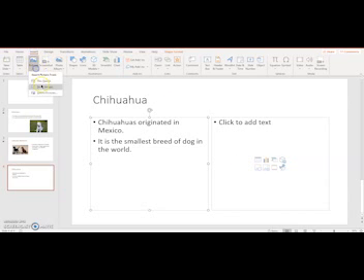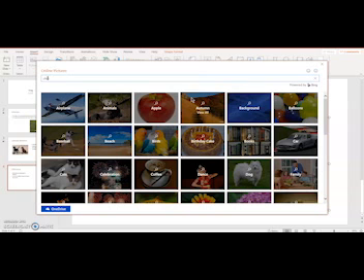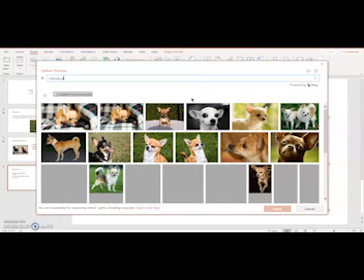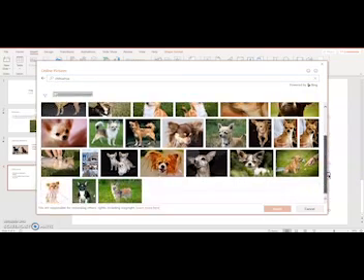Okay, and then we're going to come over here and we're going to put in a picture. And again, you can choose to go up into your insert bar and use your pictures and online pictures. But remember, it does not mandate that it's going to stay in this box area. It can go across the entire slide. But I like to use the one that's down here in the content box to keep my information in there. And so here,